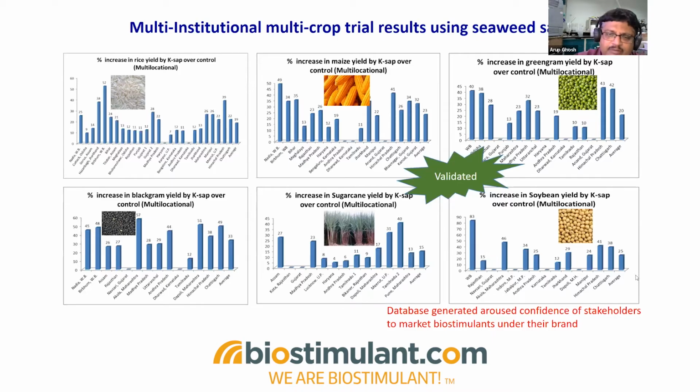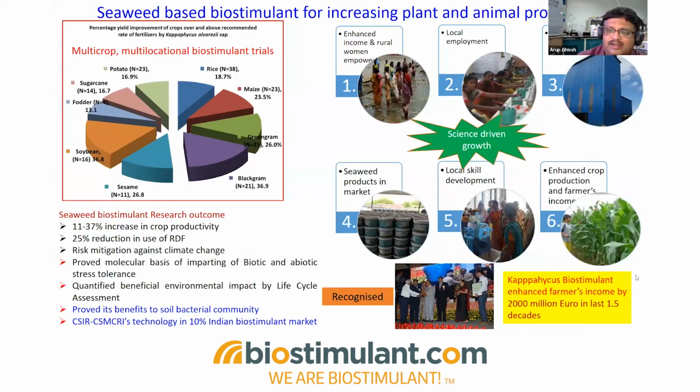But what actually matters is the science behind it, which is what we did at CSMCRI, the science of the biostimulants. If I were to tell you the results of the biostimulants, this pie chart, which you can see on the left part of the screen, we did, for example, rice trials at 38 places, agronomic trials, and we found an average improvement of about 18.7% over and above the recommended dose of chemical